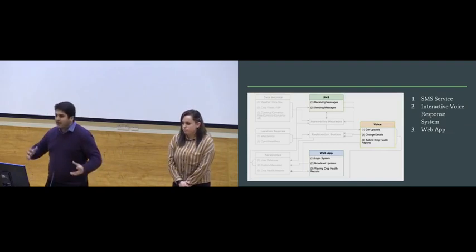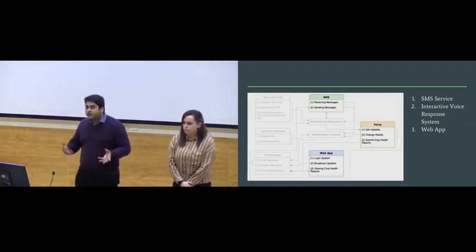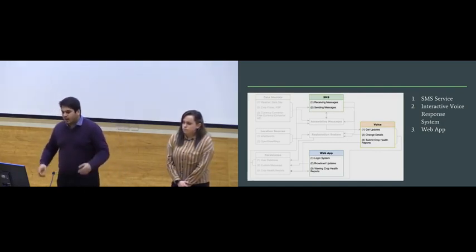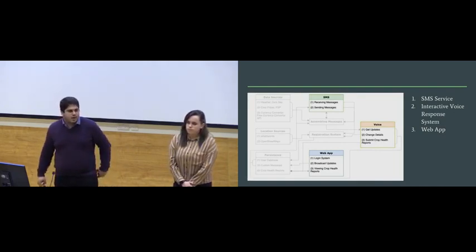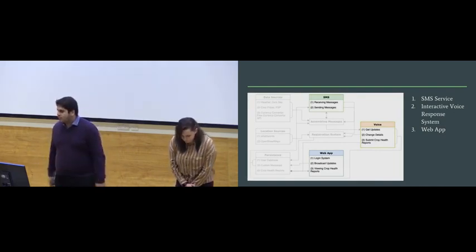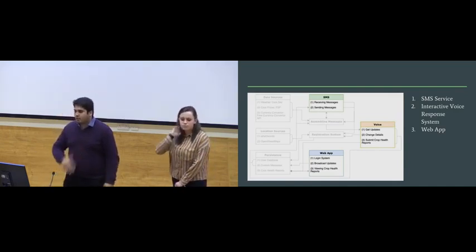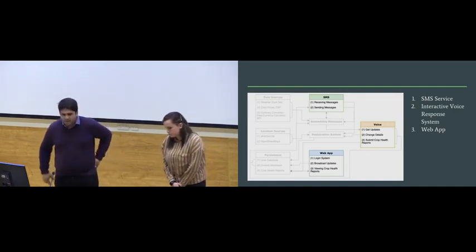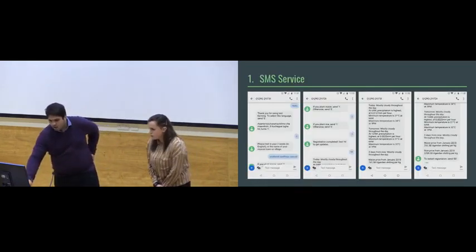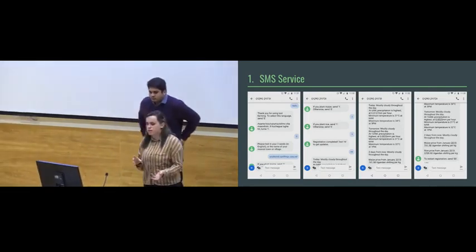This split into three major parts that the clients and users used. The first was the SMS and voice, which the farmers used, and the last was the web app system, which was accessible to the authorized users, and they could use it to analyze these crop reports which were coming in and to broadcast updates. To talk a little bit more about what these ended up looking like, I'm going to pass on to Cairo. So SMS is how we expect most users will interact with our service.